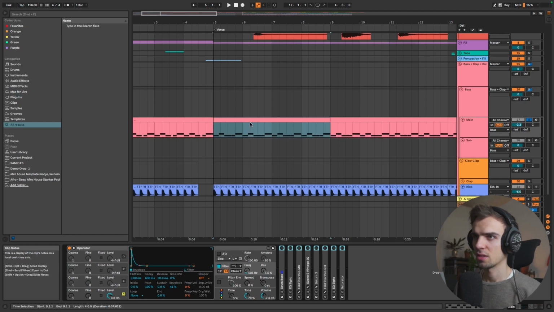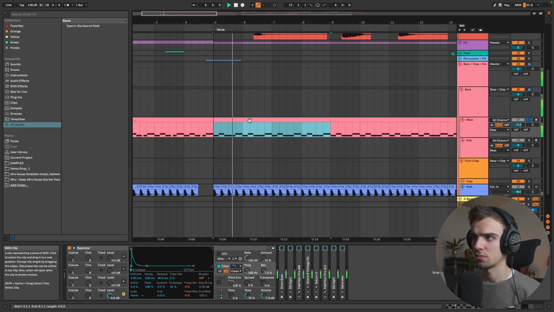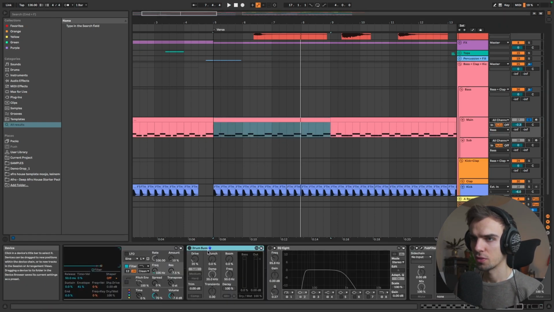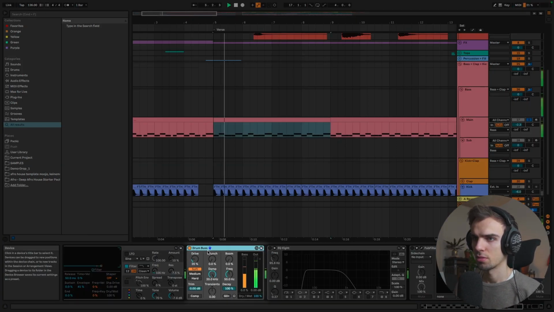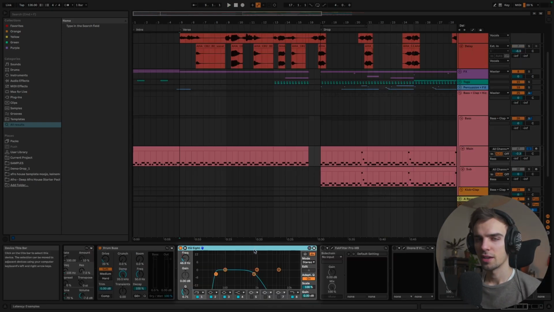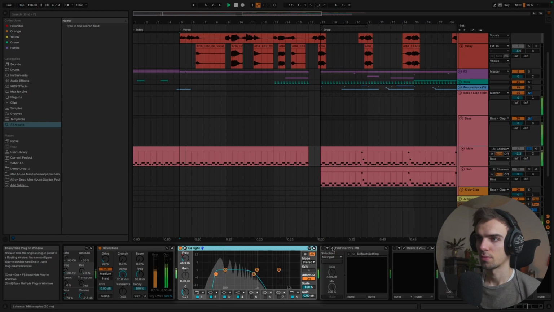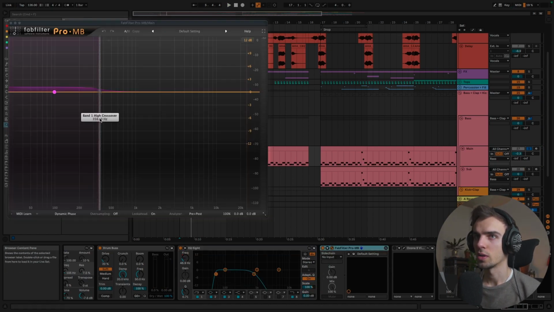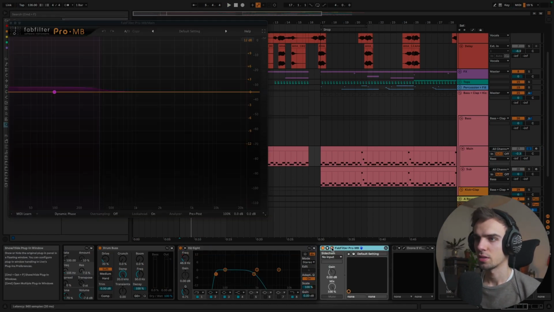Without any effects, it would sound like this. I added the drum bus for some distortion. I also added an EQ where I'm getting rid of some of the highs and some of the low end, because later on I want to add a sub layer to this sound. I boosted the low end a little bit more with this multiband expander,